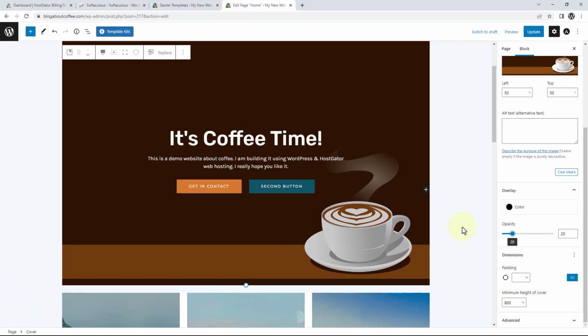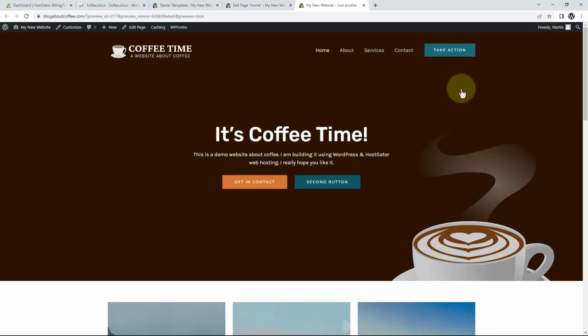Then if we ever want to preview our page to see how it's looking so far, we just need to click where it says preview in the top right, then click preview in new tab, and this is going to open up a preview of our page. And here we're going to see that our header's been updated, and personally I think it's looking much better. So we have our text, and our background image,